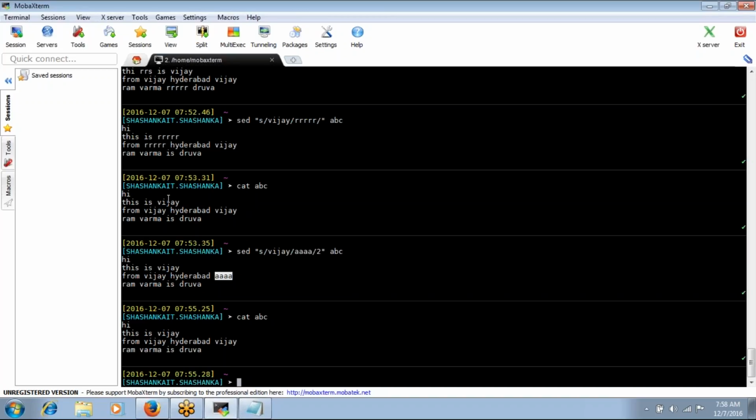So in this file, we can say I have the Vijay 3 times, I have the 3 occurrences, right? But it will check that at the record level. In this record, at the second occurrence only it will replace it. Coming to this record, at the second occurrence only it will replace it. Now, if you give the same command...